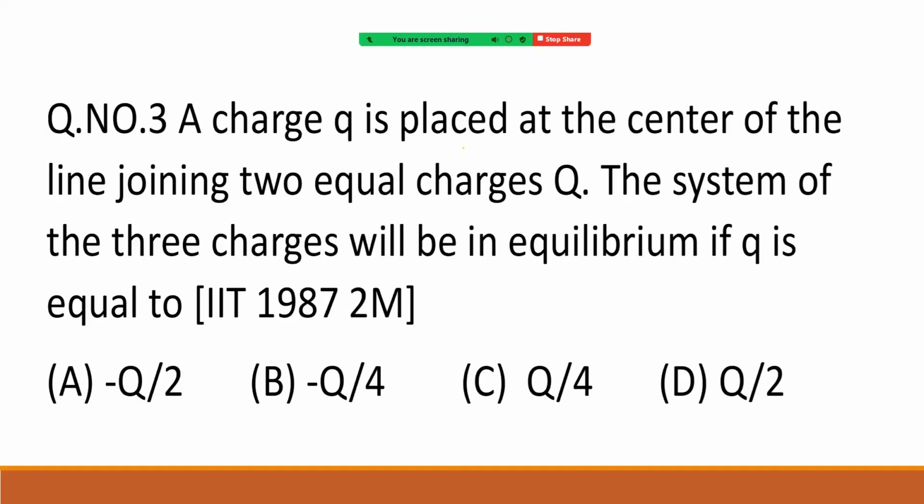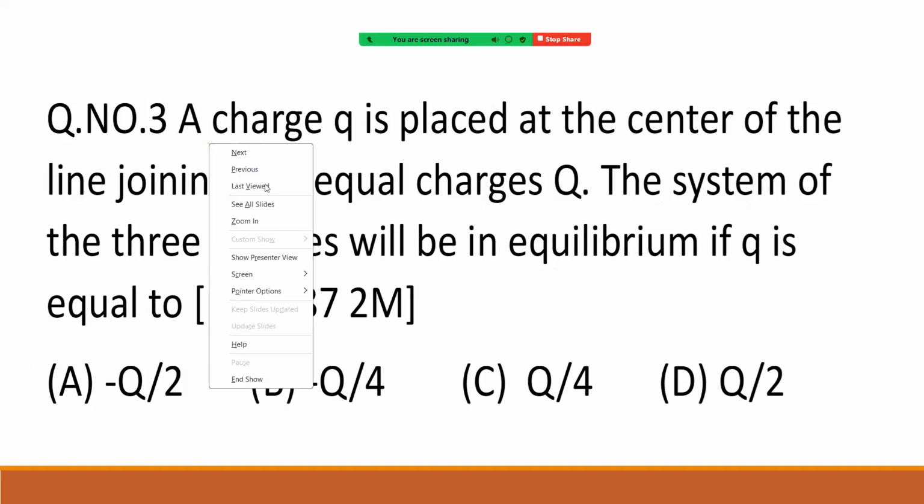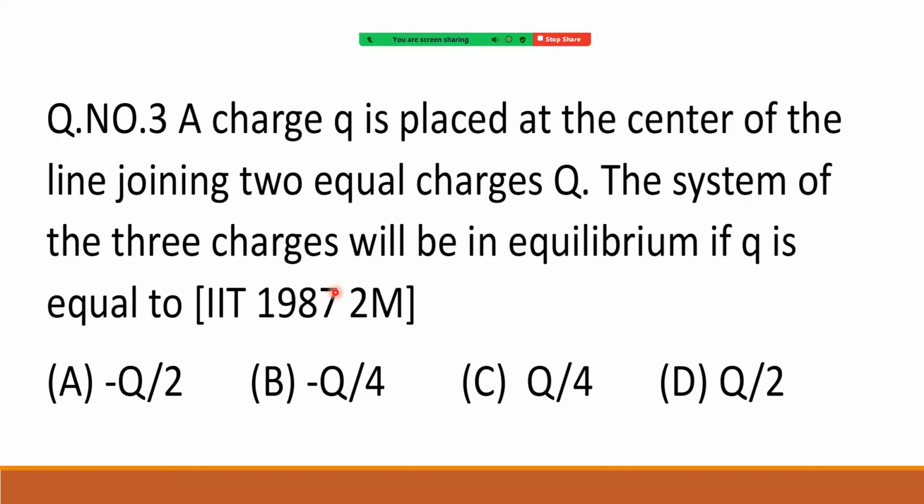This is a previous IIT problem, 1987, given for 2 marks. Let us read the question once. A charge small q is placed at the center of the line joining two equal charges capital Q. The system of three charges will be in equilibrium if q is equal to,